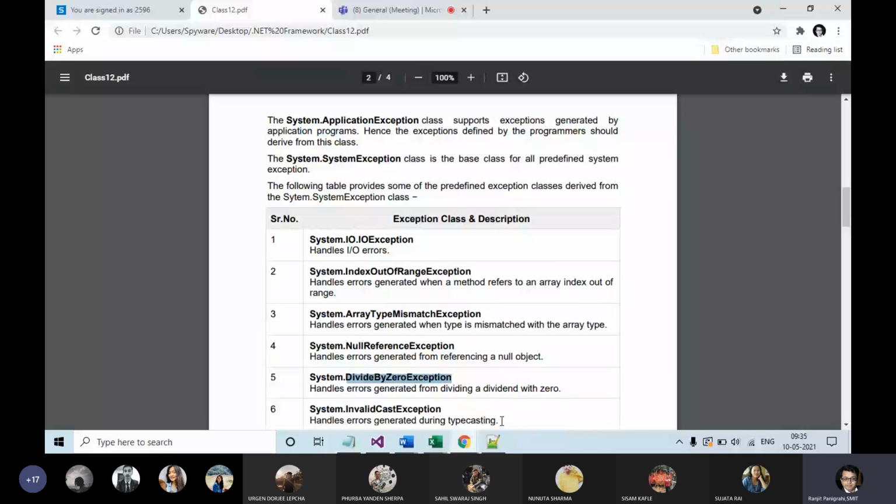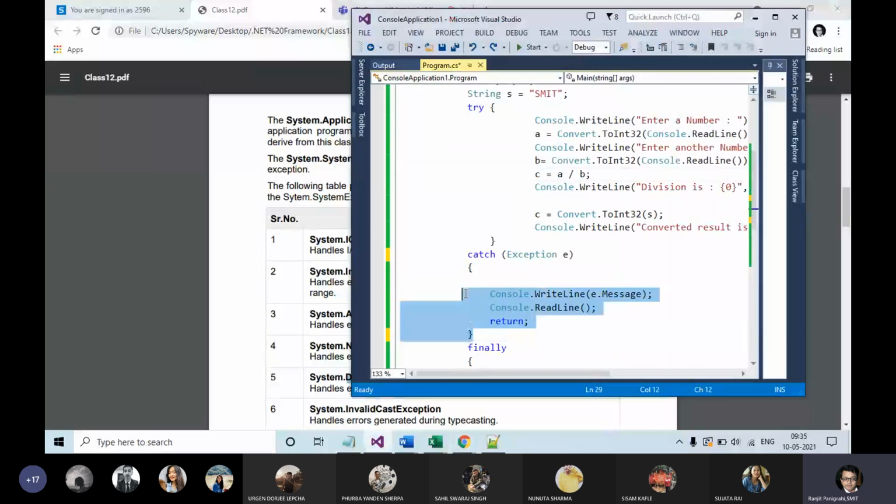So once it has been thrown out, it is the duty and responsibility of the catch block to hold that exception class. Now, how will the catch block hold that exception class? It should have an appropriate object to hold that.